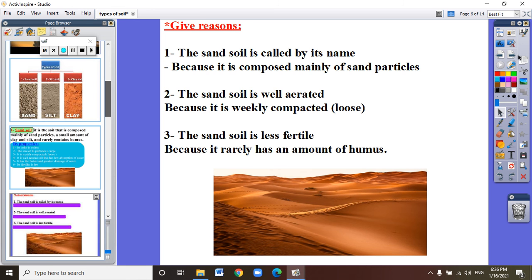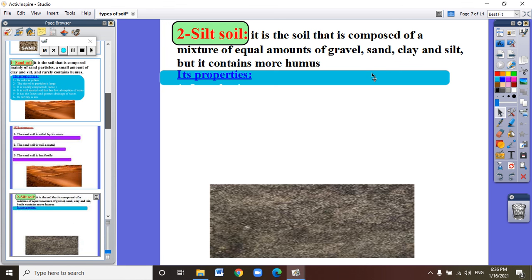So we finished the sand. Now we will take the silt. The silt is a soil that is composed of a mixture of equal amounts of gravel, sand, clay, and silt, but